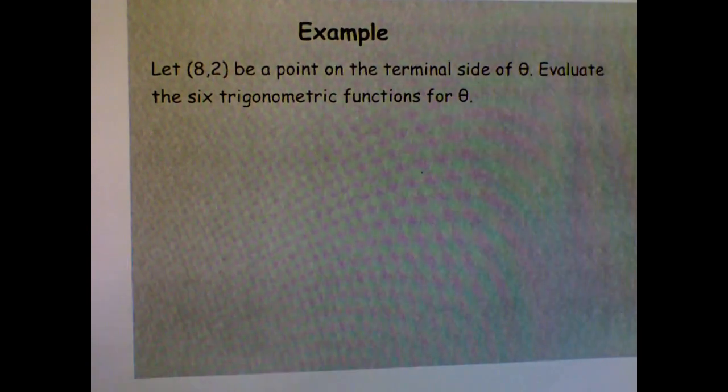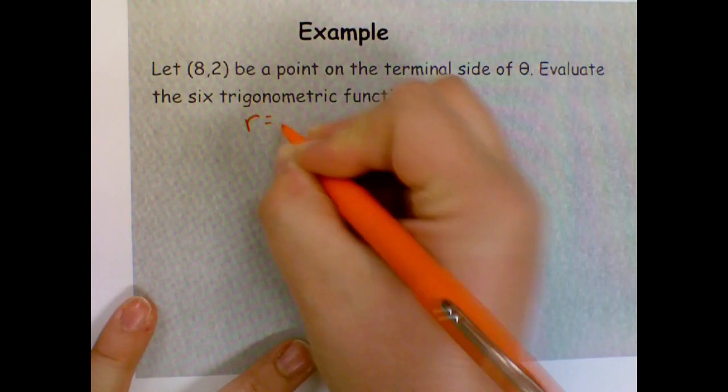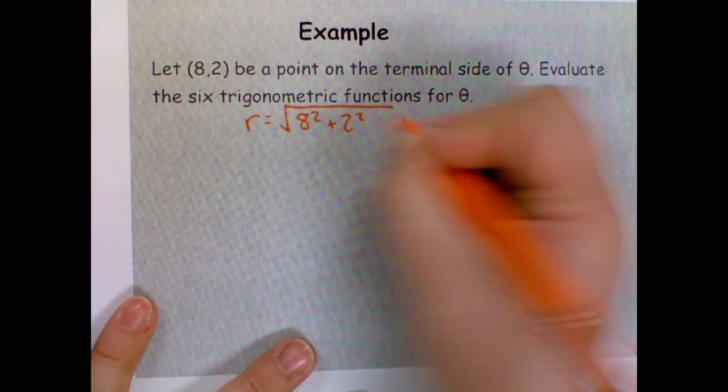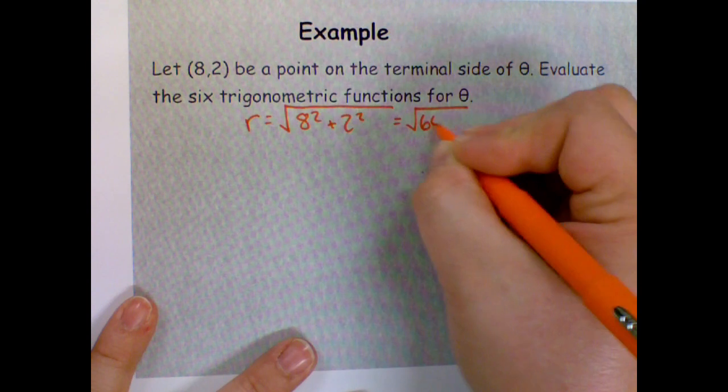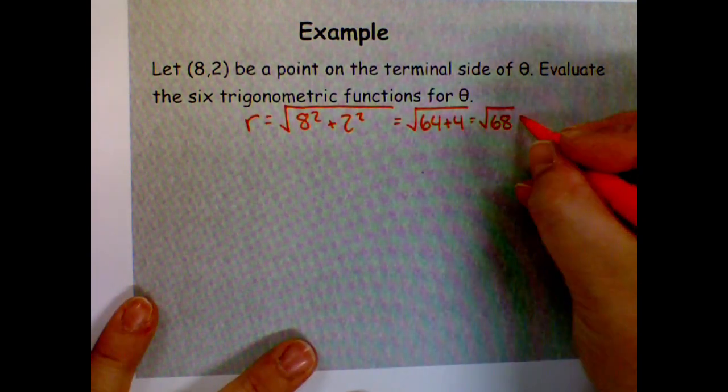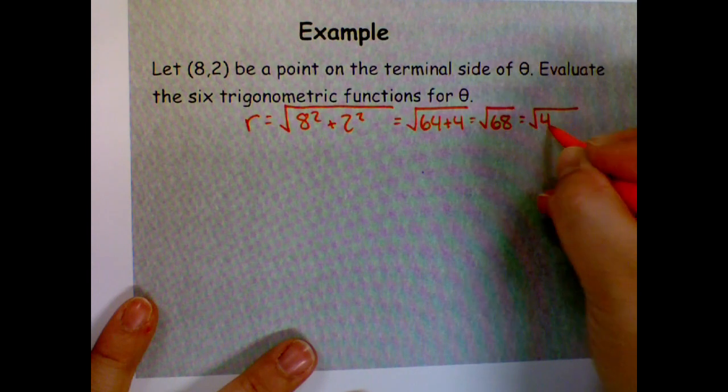All right, some more examples. We have a point on the terminal side of theta, and we want the 6 trig functions. We need to find r. R is equal to the square root of x squared plus y squared, which is the square root of 64 plus 4, which is the square root of 68. And I believe that'll simplify. I can make it 4 times